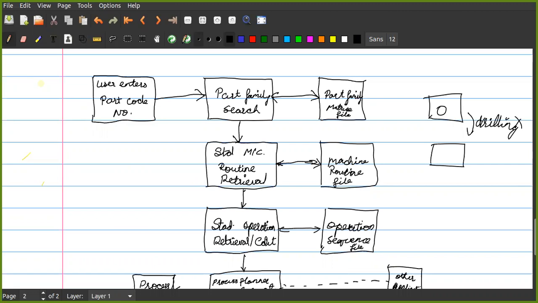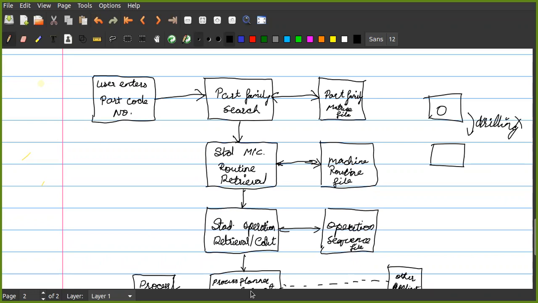First you need the part code. Once the part code is known, you can use the part family matrix file to search the part family. Once the part family is finalized, you need the machine routine. Once the machine routine is finalized, you need to know the sequence of operations. For example, on the drilling machine there can be two or three types of sequence of operations, like first drilling onto the first surface, then moving on the fixture to the next surface, and so on.